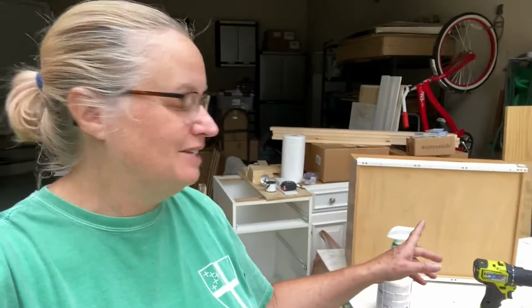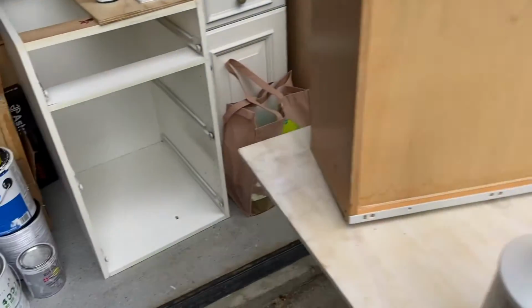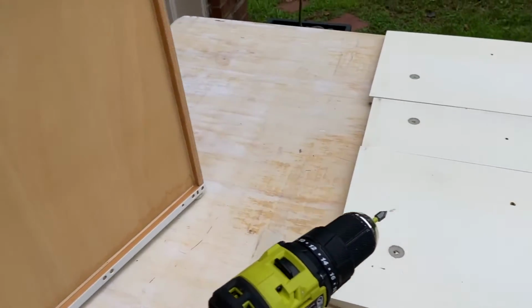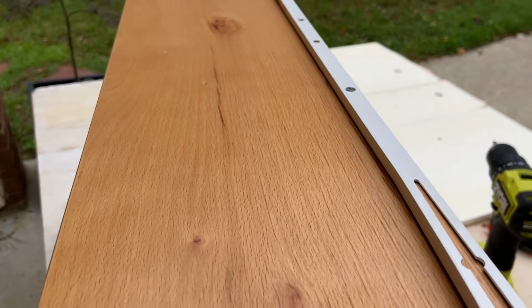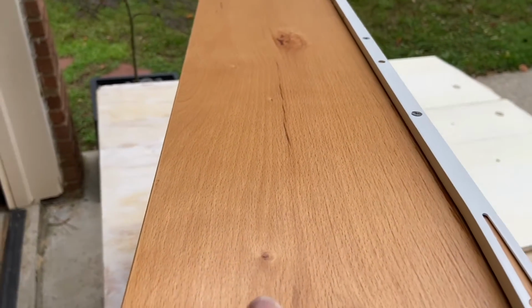I'm having to do a deep dive to get these really clean, because if I'm going to put them in my kitchen, I want to know that they are sparkling clean since they're used. I have removed the drawer fronts of the first cabinet, the 3-drawer cabinet, which is right there, and cleaned the back of them. And I've also actually had to take the drawer hardware off the rails, because something was spilled on this cabinet on the top,